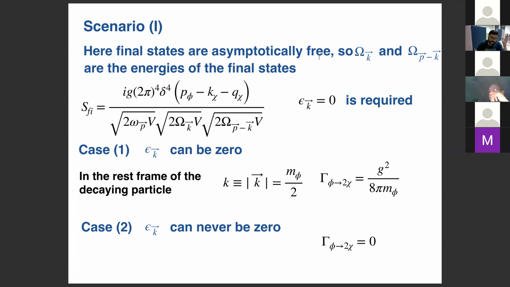Okay, as said before, the scattering matrix is given by this, and it requires energy conservation and momentum conservation. Then epsilon equals 0 is required. Then for case 1, for instance, we can go to the rest frame of the decaying particle, and the decay occurs if the momentum of